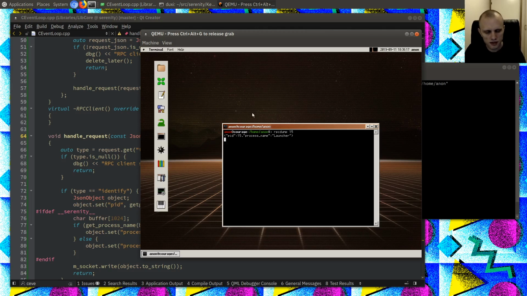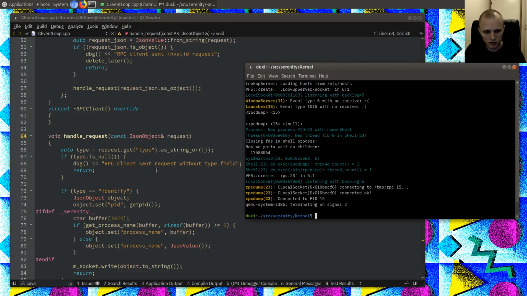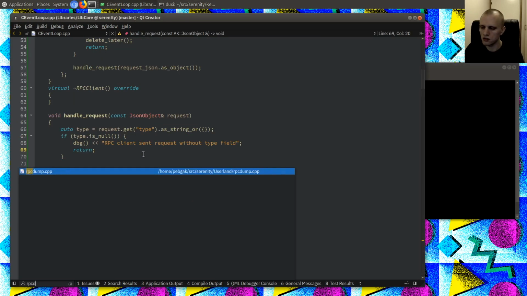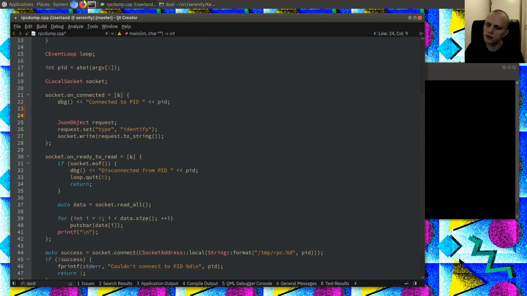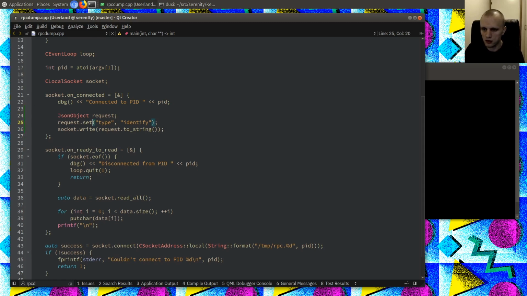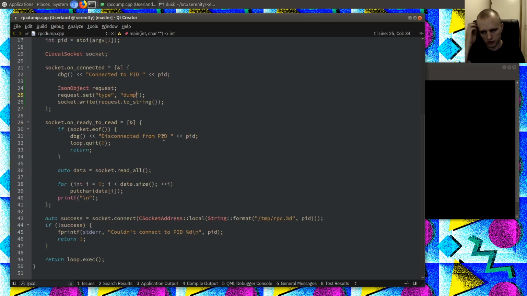Okay, so that's the identify command. Response looking good. Then let's go in RPC Dump and let's just send the dump command like we were. Dump, and down here,